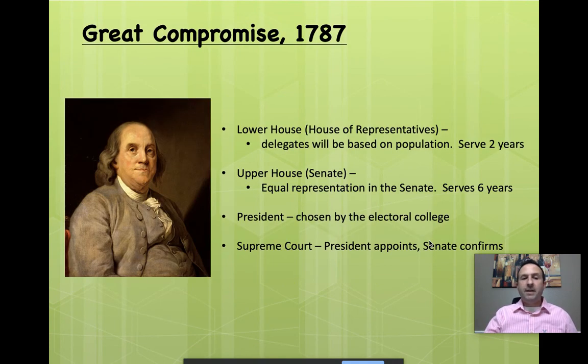Now, Ben Franklin here, and you don't need to write this slide down, we'll talk about this slide later. Ben Franklin sticks around, and he has a new plan, known as the Great Compromise. Now, to hear about the Great Compromise, though, come back for my next lecture. This is what we call in the lecture world a cliffhanger.